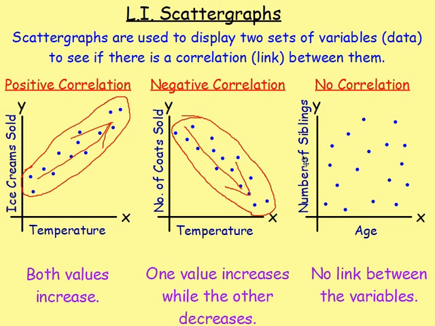It makes no sense whatsoever. You could have somebody that's in their 90s, it doesn't mean that they automatically have loads more brothers and sisters than all of us. Makes no sense. They might be an only child. So your age against the number of siblings, that would just be all scattered about. There's no link between them whatsoever. So scattergraphs are used to compare two sets of variables, and the correlation is the link between them. It can be a positive correlation, it can be a negative correlation, or there might be no correlation, no link